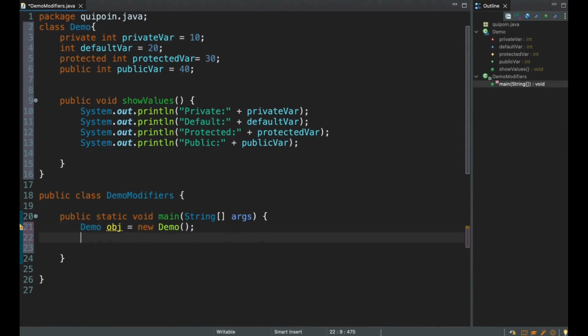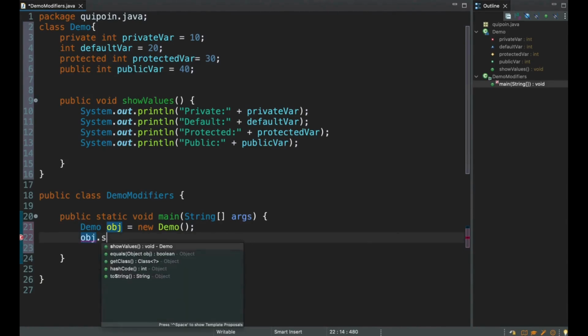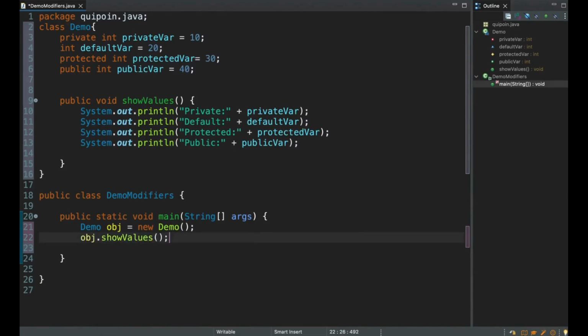In the same way we will call obj dot show values. So we will write show values and now we will use parenthesis semicolon and we will print each of them by